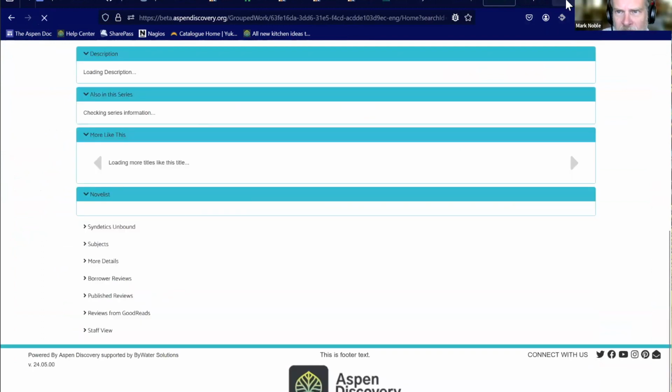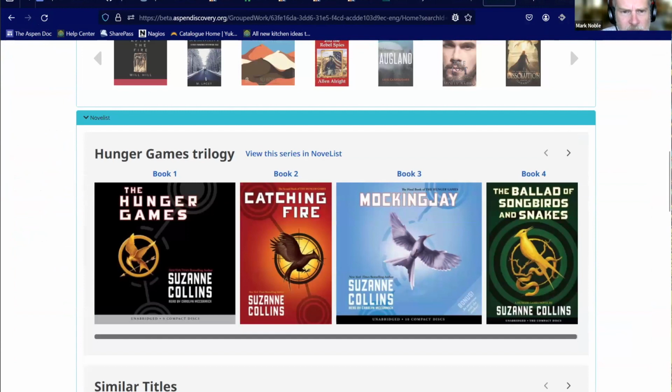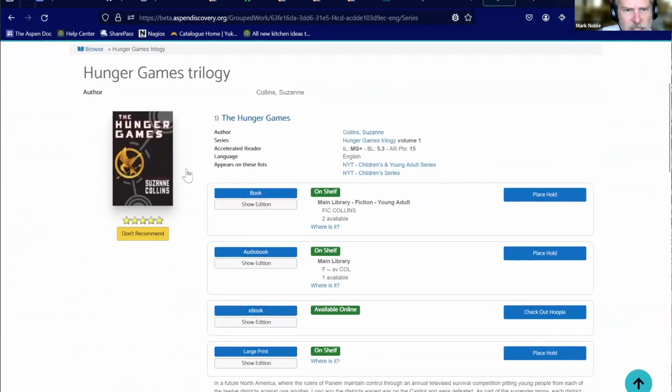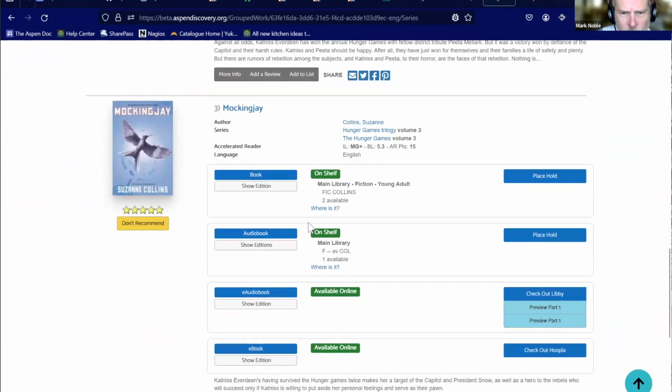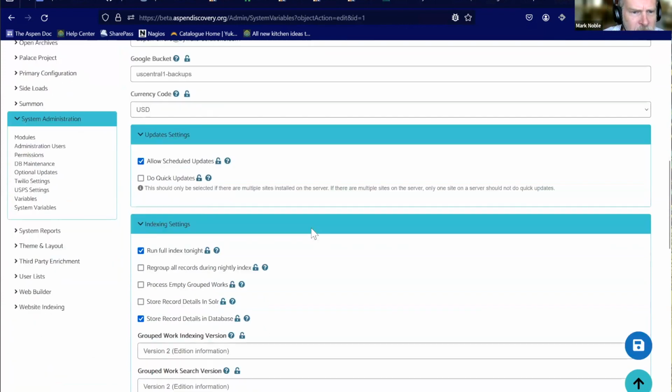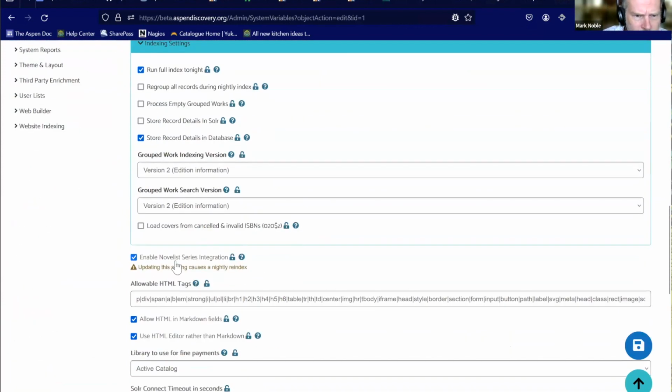We also added the ability within system variables. So we've got the ability to say, hey, we're loading the series information from Novelist. If you click onto that, that's where we go to the dedicated page that lists them in order. We've been working with Novelist on cleaning up some of the data. So especially some of the manga and comics get tricky depending on how ISBNs are indexed and that kind of thing. So we've added within system variables the ability to disable the Novelist series integration. So if I uncheck that